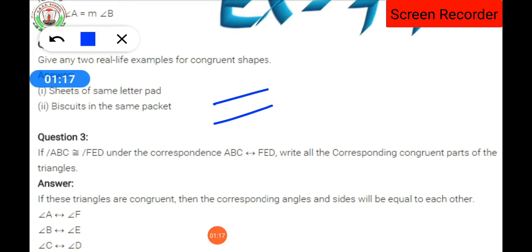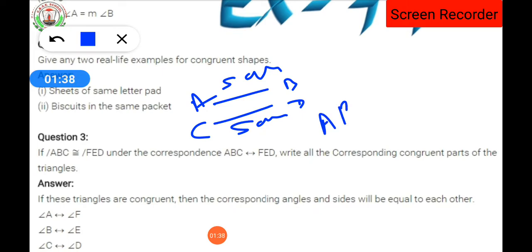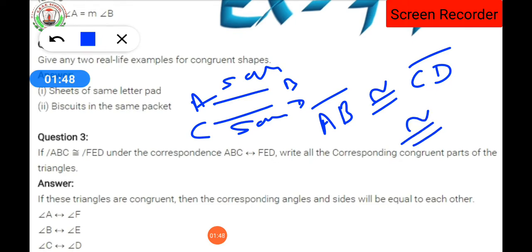That means how two lines are congruent. Two lines are congruent when their length is the same. Say we have a first line AB and a second line CD. We can see that the line AB measures 5 centimeters as well as the line CD measures 5 centimeters. So we can say that AB is congruent to the line segment CD. This is the notation of a line segment, and this is the congruence notation. It is known as the congruence notation.